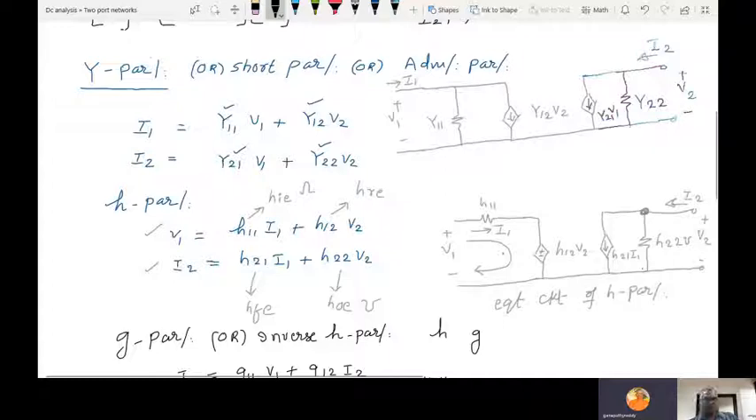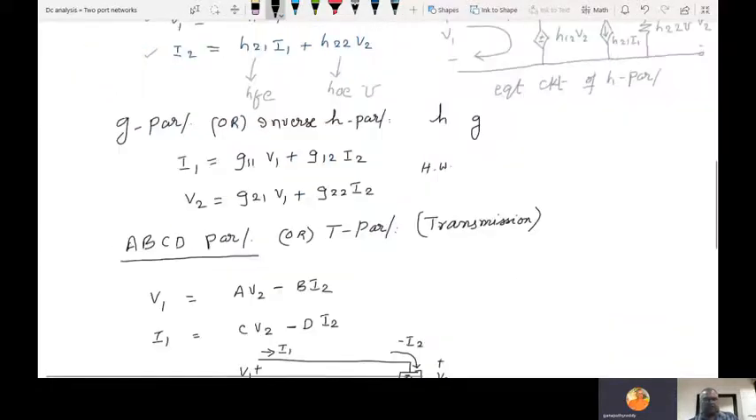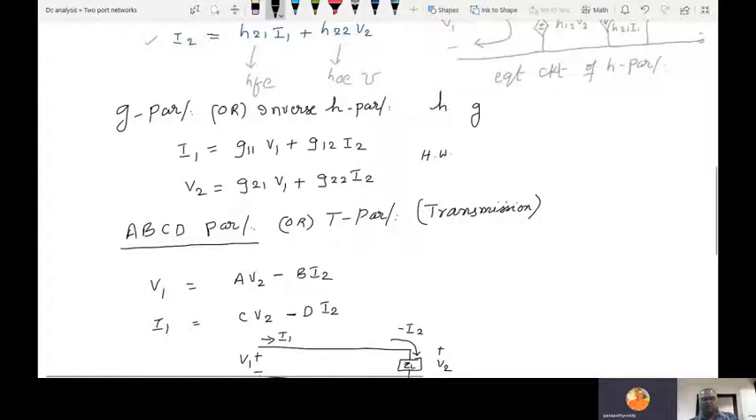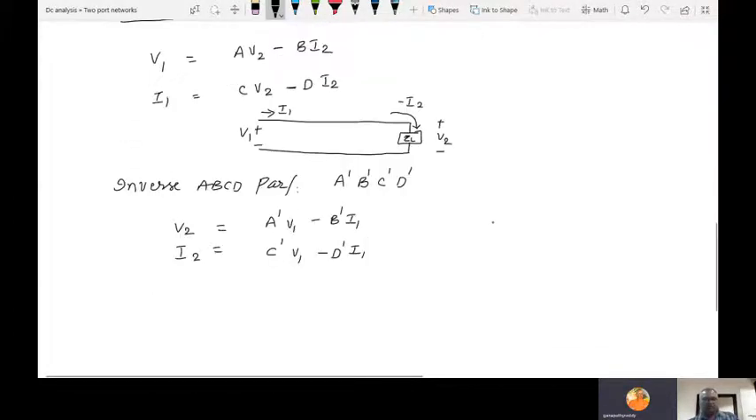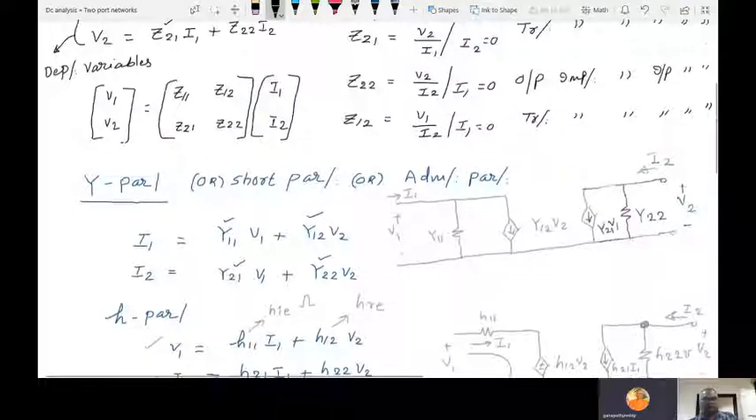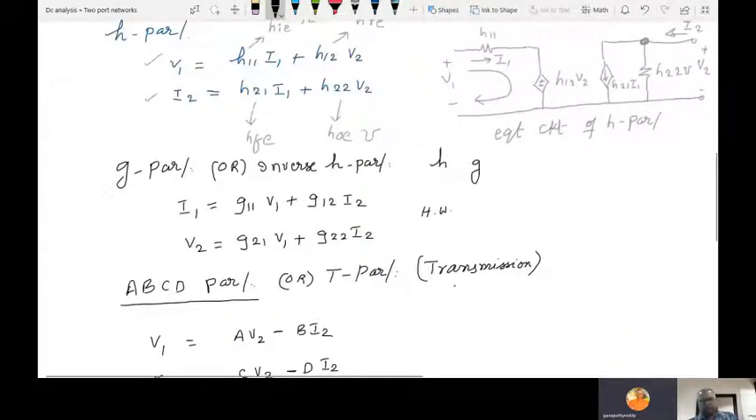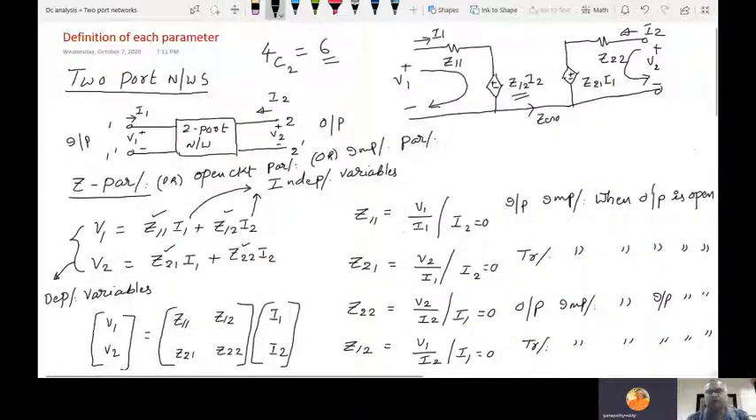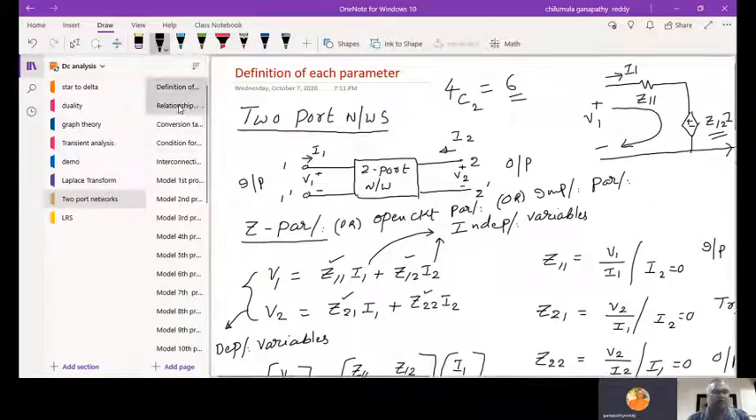We also call it a small signal model, which you use in analyzing the transistor. And ABCD parameters, the T parameters, are used in analyzing transmission lines. By and large we have 6, but those two are already used in some applications. So this is one basic definition of two-port. Next, we'll take the relationship